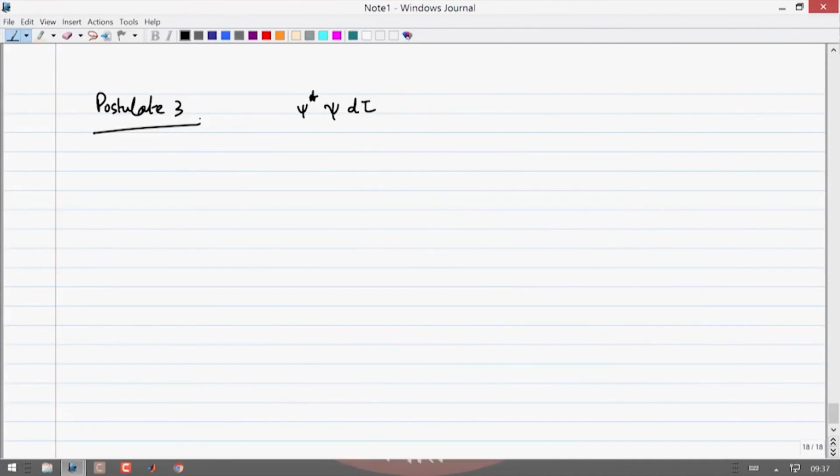The third postulate is something that you already know. The definition of the wave function entails that psi star psi d tau is a probability for finding the system between tau and tau plus d tau. Okay. This is actually postulate 1 in the definition of the wave function. The wave function is defined such that psi star psi dx must be a probability, but it is also sometimes represented as a separate postulate. But the last one, the most important postulate, is the dynamical equation.